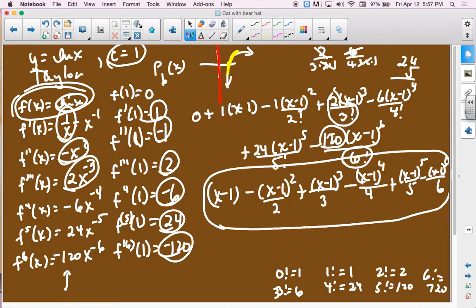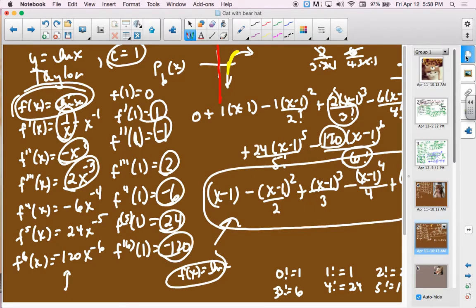If it's centered anywhere but 0, I really just write it out. On the AP exam, they usually only ask you for 3 or 4 of them. This one's a bit extreme. I can use this to approximate numbers at ln x. When I fill it into here and fill it into here, it converges remarkably on there. All right, on the second page of your notes,